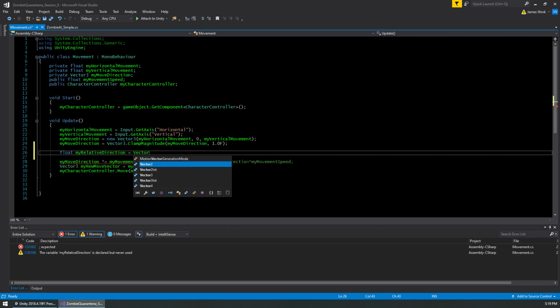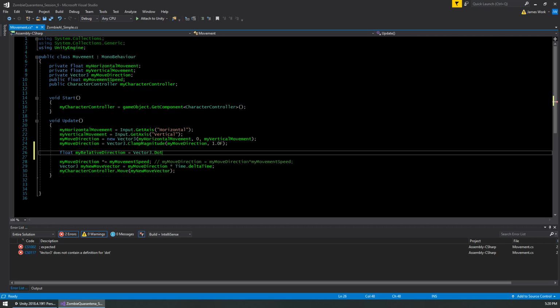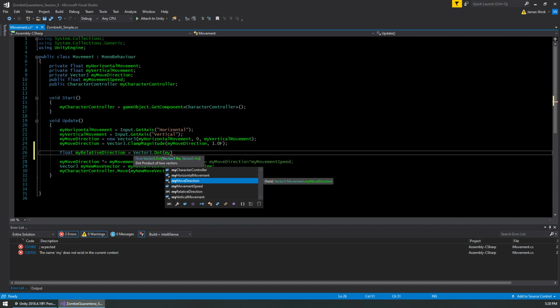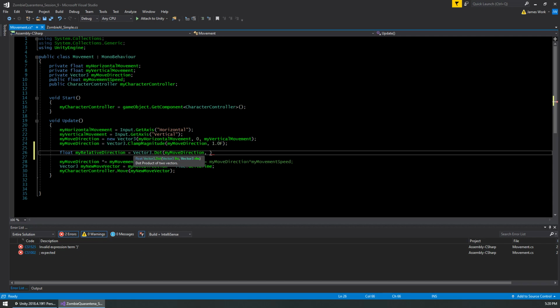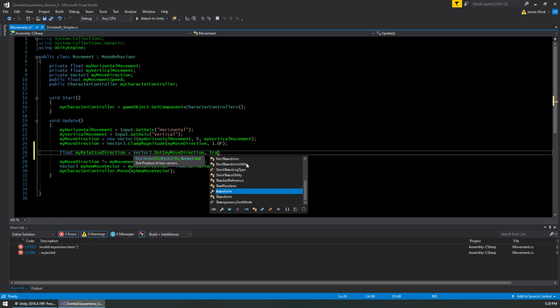It's going to be Vector3.Dot, and Dot is a built-in function in Unity. It works all this out for you. Actually, I think it's actually built into C#. Anyway, it takes two vectors. So we know one of them is my move direction. And then I need to figure out which way the guy is actually facing. There's a couple ways we can do this. We can go out and get the component that is his aim controller and have that return his aim direction. But we're always facing the way we're aiming. So I can just do transform.forward,